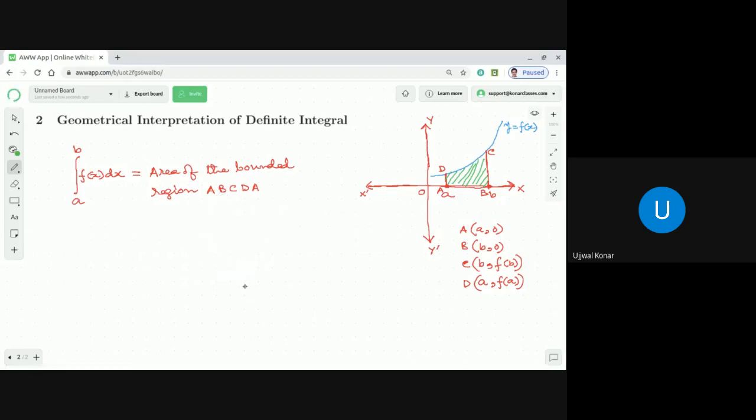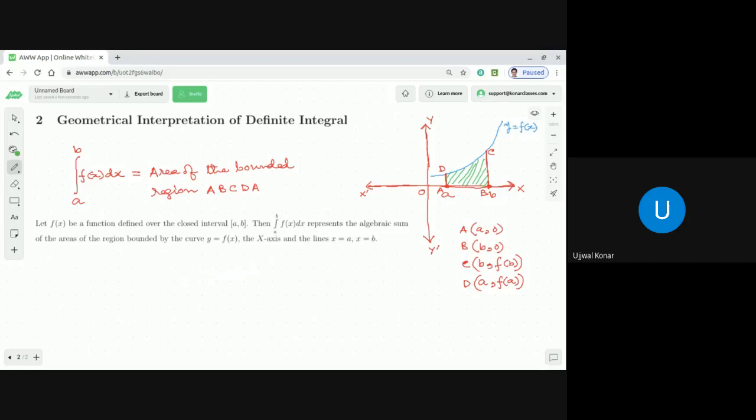So what it says, if we read out the statement, let f(x) be a function defined over the closed interval a comma b. You may wonder what is defined over a closed interval, that we will discuss when we discuss limit, continuity and all this stuff. But we assume that the function is defined from a to b. It may be possible that a function may not be defined at some points between a to b, but that is not the case here. If a function is not defined at some points between a and b, you cannot draw the graph at those particular points. But we are defining, no, this is not such a case.